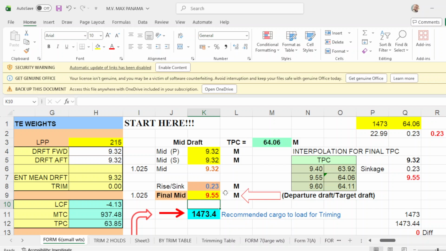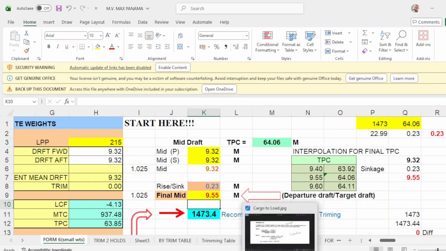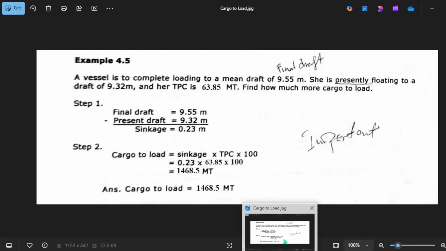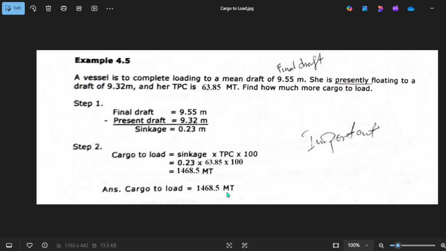Now the program says that you have to load 1473.5, and the problem says 1468. Let me show you how.